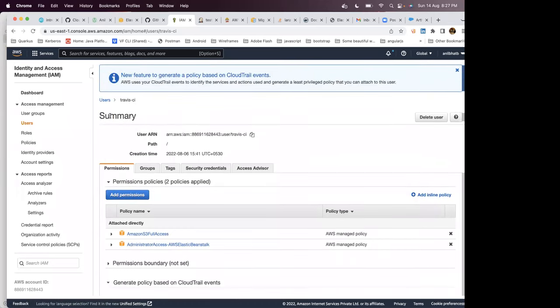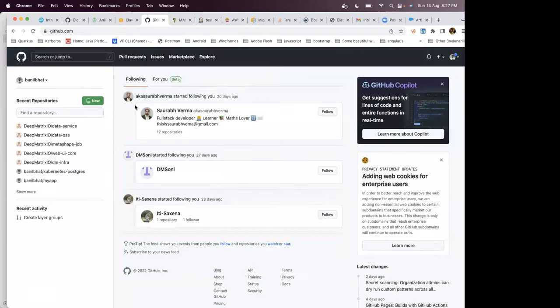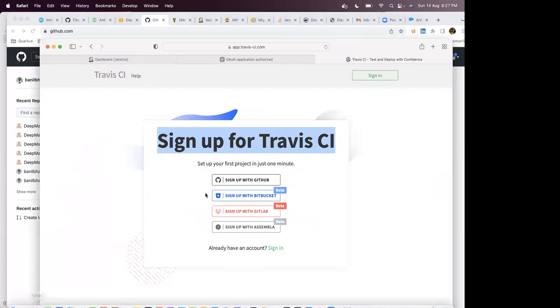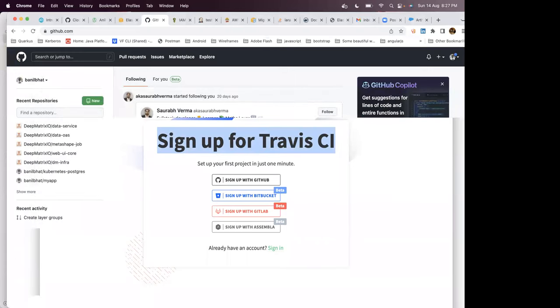So just create an AWS account and create a Travis account. Then we should be good to go. So I have created a Travis account. When I created the Travis account, I made sure that I signed up with GitHub. So if you sign up with GitHub, then your Travis will be integrated with GitHub, right? So once you integrate Travis with GitHub, then you can just see that